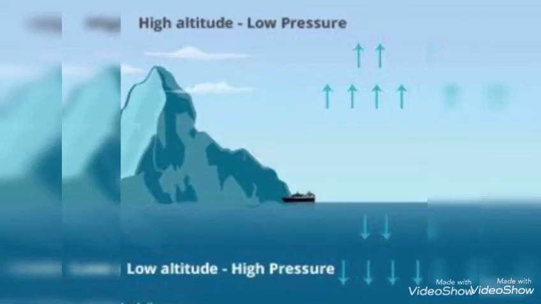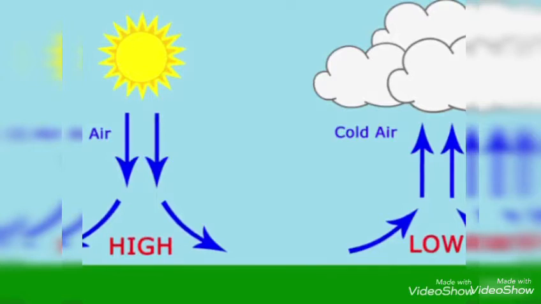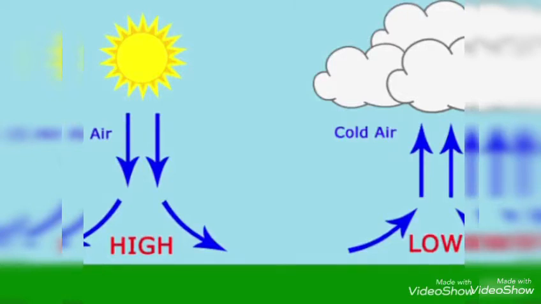On the weather map, the low pressure area is marked as L and the high pressure area is marked as H. A low pressure area is called a depression or cyclone. A high pressure area is called an anticyclone. When the pressure is low, it causes cloudiness, wind and rain. If the pressure is high, there will be calm weather. An isobar is used to show the distribution of air pressure.